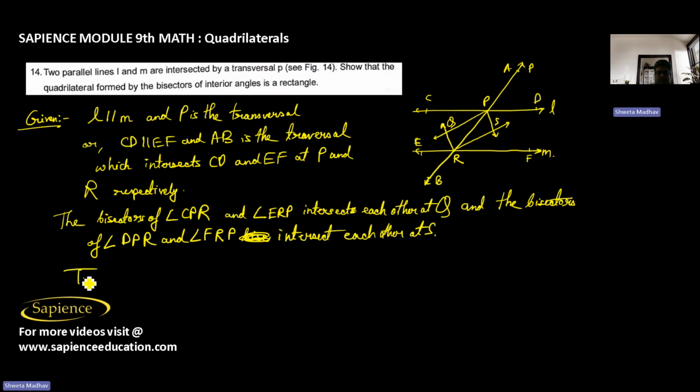So here we have to prove that the quadrilateral which is formed by the bisectors of the interior angles, that means PQRS, should be a rectangle. We have to prove that PQRS is a rectangle. Obviously it is shown that these two lines are parallel. So the proof is that